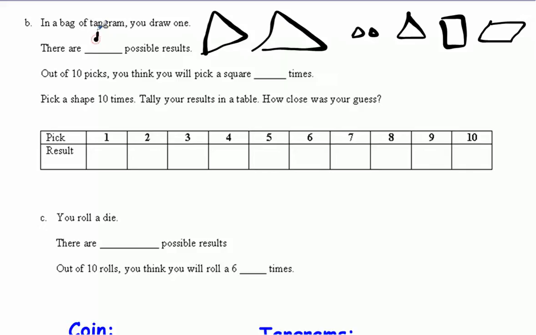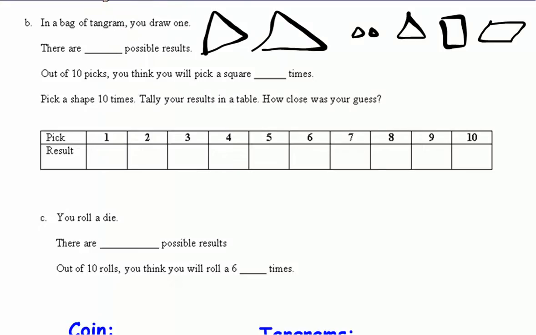I would accept 7. If you just saw that there were triangles and a square and a parallelogram, then there would be 3 different results. If you saw that there were 2 of the same kind of shapes, you know, here's 1 kind of shape, here's 2 kinds of shapes, 3, 4, 5, then that could be 5 possible results. But we'll just do the total. And there are 7. Actually, we should change it to 5 because there really are only 5 things that could